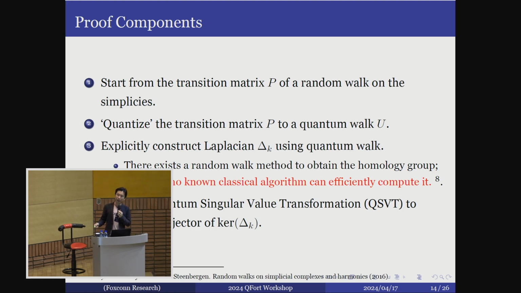And then the next step is just directly quantizing that transition matrix, right? And once you quantize it, I think this is a key step: we can use our quantum walk unitary to construct this Laplacian. And again, it's not too difficult if you know the relationship between this Laplacian and the chain